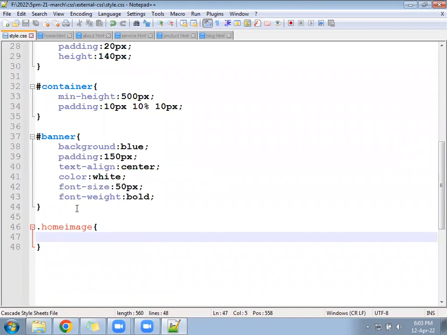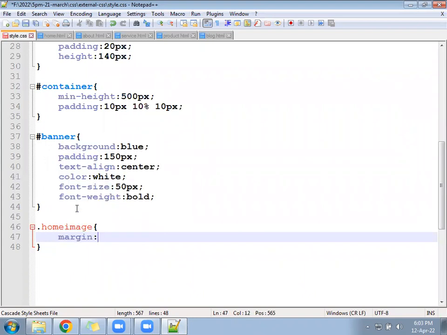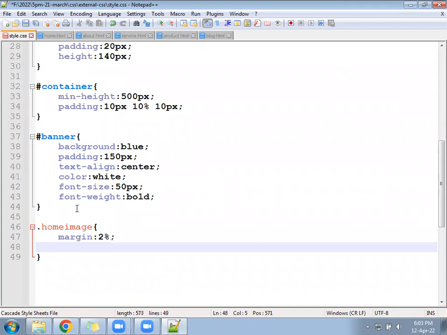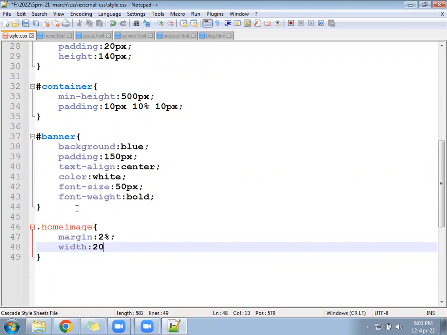Home image. For home image, you will add a margin 2%. Margin 2%, so 2% left, 2% right, okay, 4%. Then give the width as 20.5%.